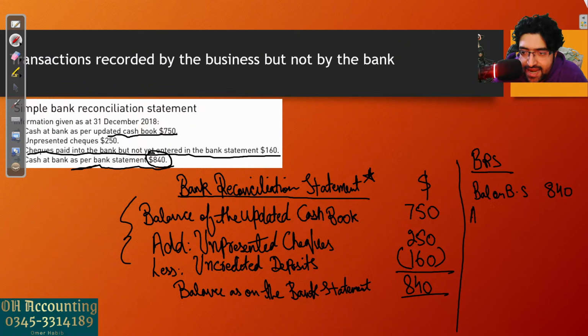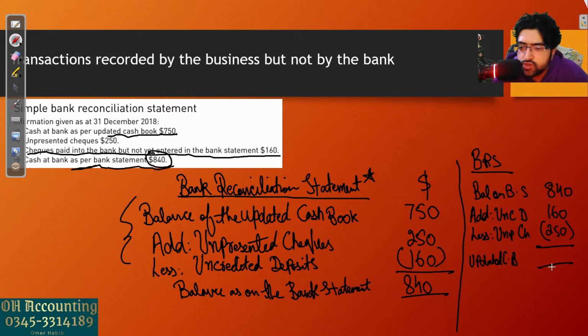So you will add uncredited deposits, which were 160, then you will less unpresented checks, which were 250, and then you will come to the figure of the updated